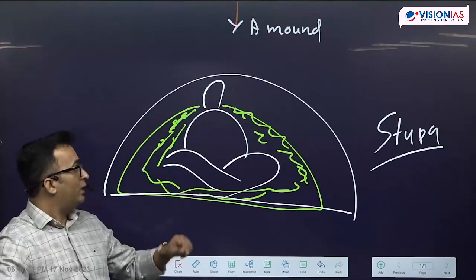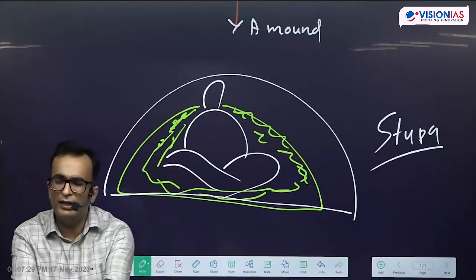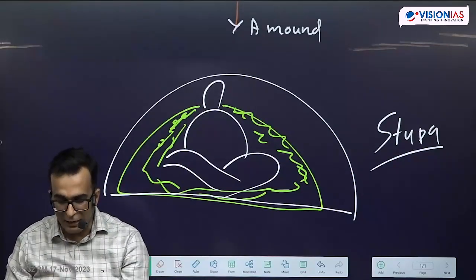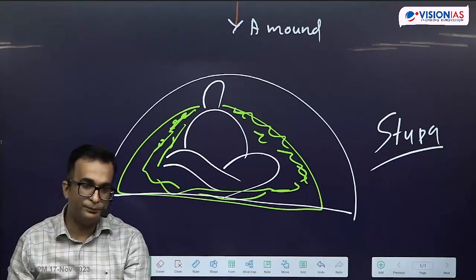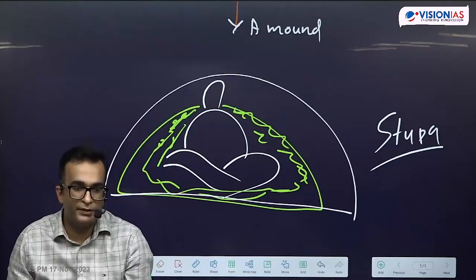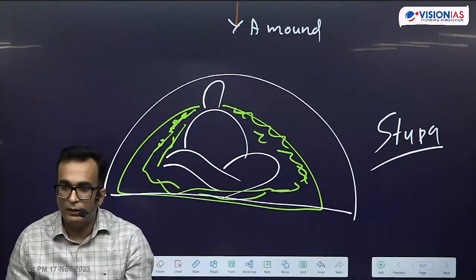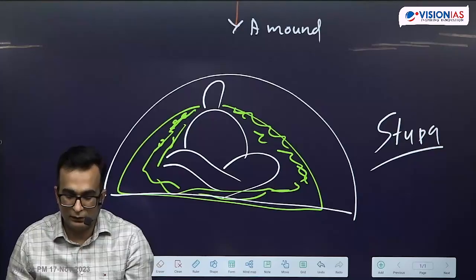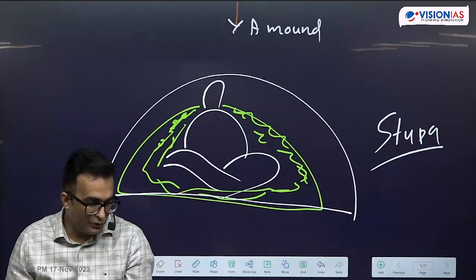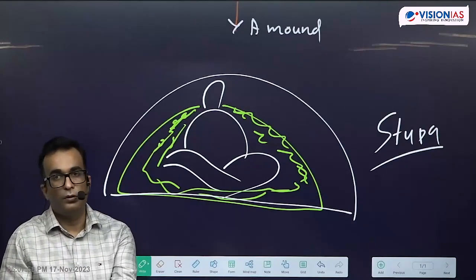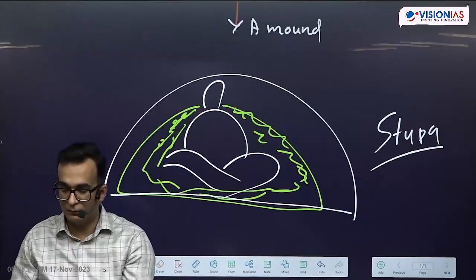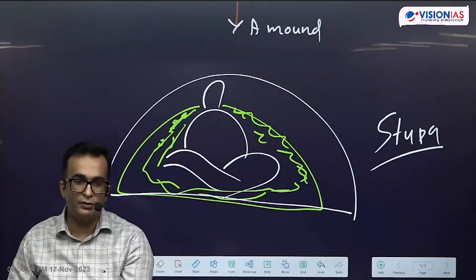Write this down, stupa is a Sanskrit word which means heap of sand. Done? Then mention heap of sand, full stop. Then you write, its origin can be traced to the Vedic age, where